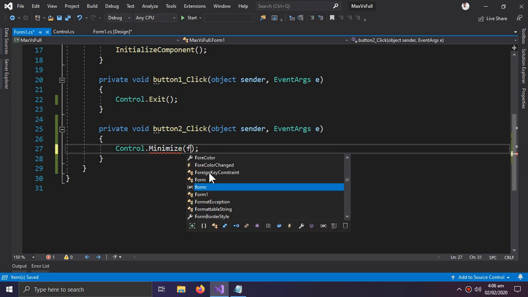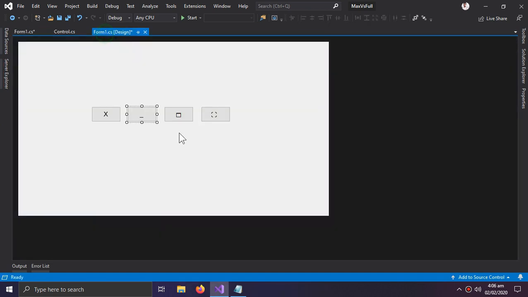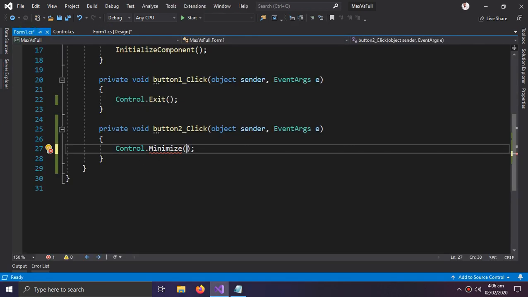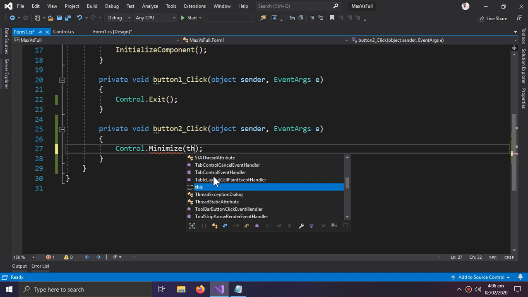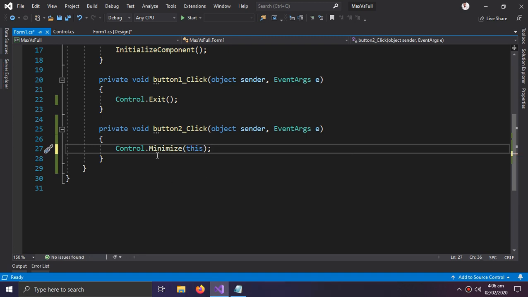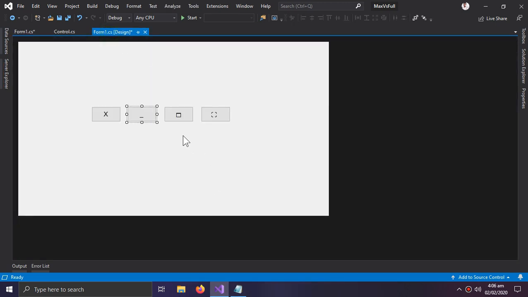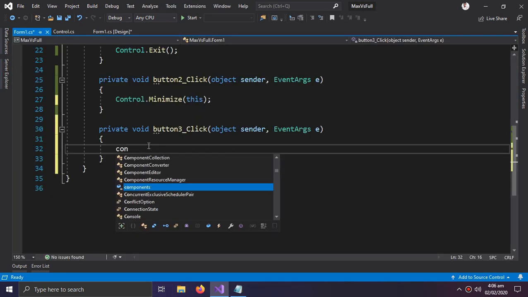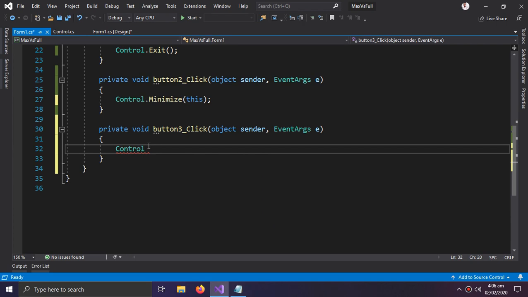We have to give the form over here, and to give this form to another class, we use this keyword. Now to our next button, which is the maximize button. Control dot do maximize,